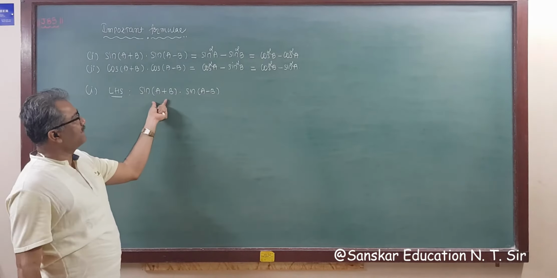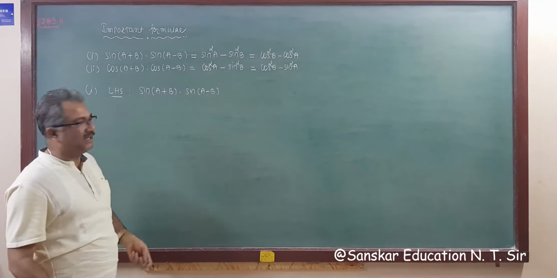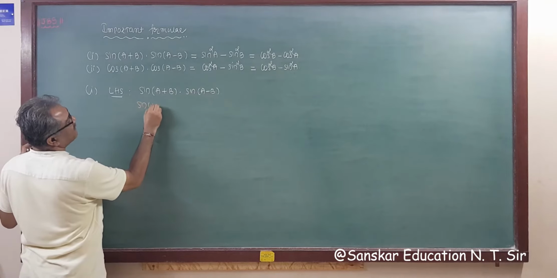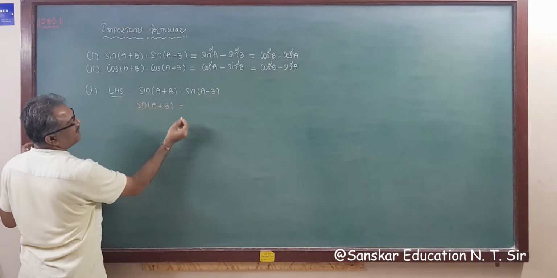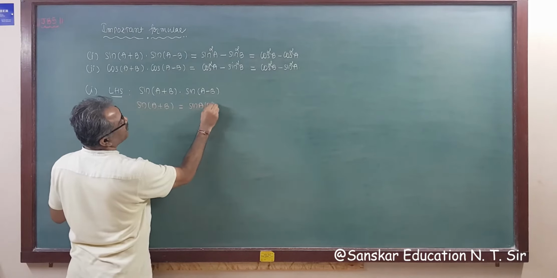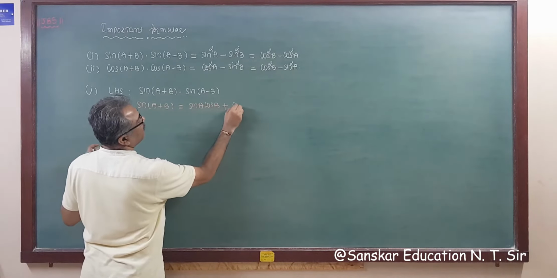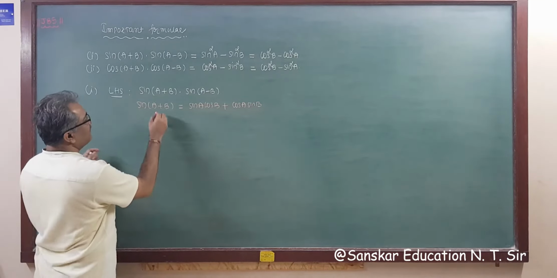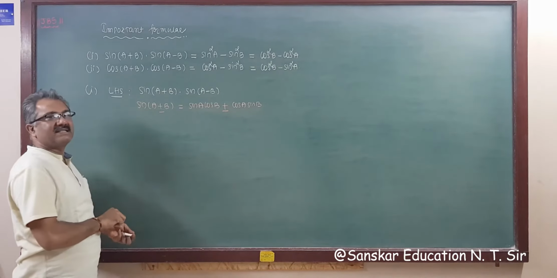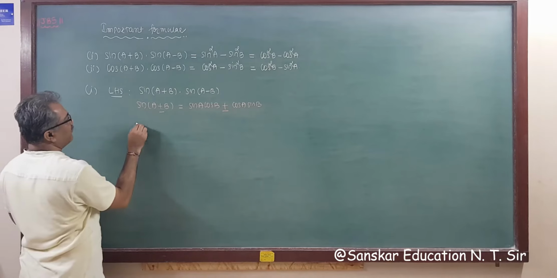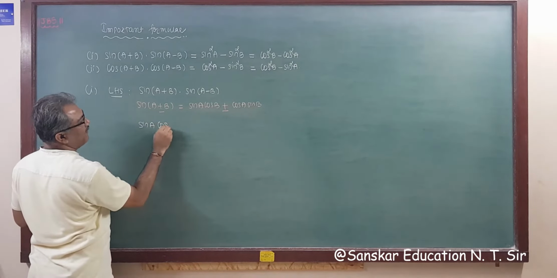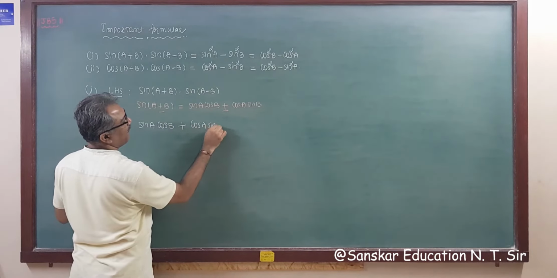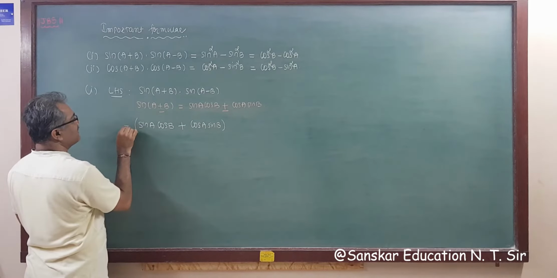You have one formula, sin(a+b), sin(a-b). You have a set of four formulas. So applying the sin(a+b) and sin(a-b) formulas here. First sin(a+b), right? So sin(a+b) is sin a cos b plus cos a sin b. This is the formula. And sin(a-b) is the same with a minus, otherwise the same terms, right? So applying both formulas here, this is sin a cos b plus cos a sin b. This is the answer.